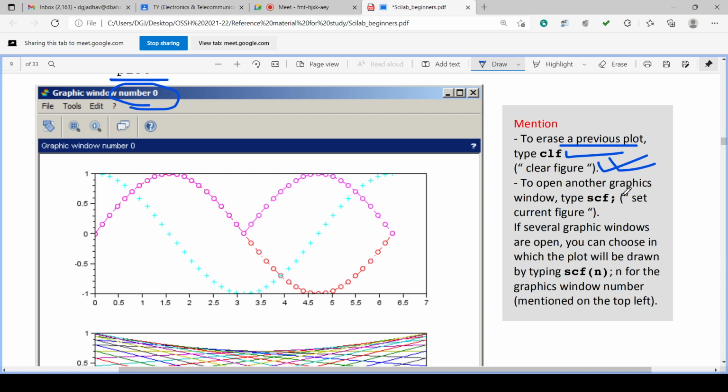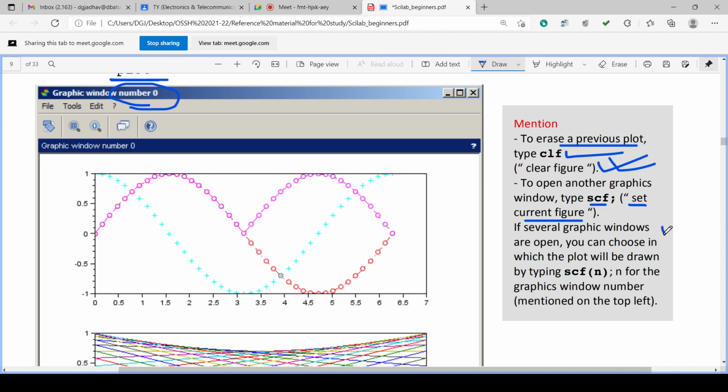To open another graphics window, type SCF, set current figure. CLF is for clearing the figure and SCF is for setting the current figure.